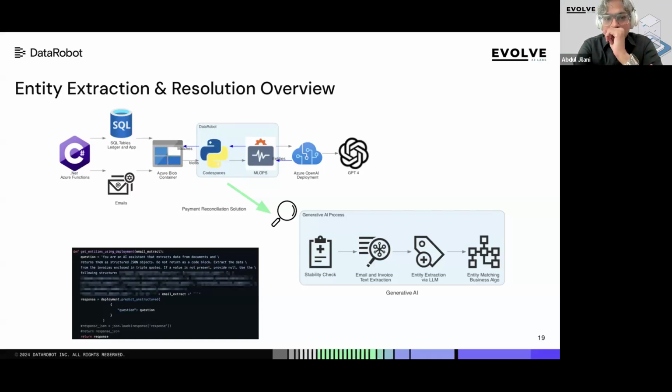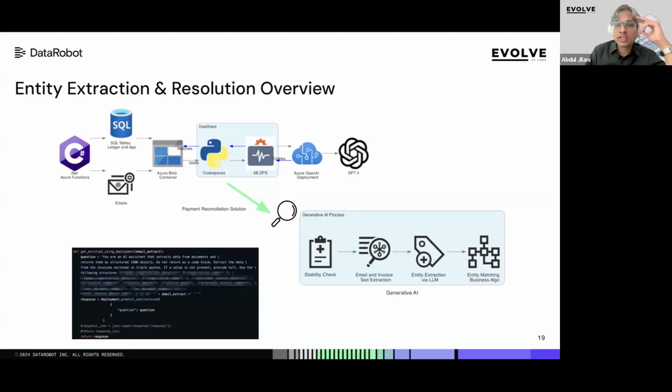So the emails are stored as JSON structure from Microsoft Outlook. So the Azure functions store them as JSON, and then we process the JSON for the email body, the sender, because sometimes the invoice information is embedded into the email itself and not a PDF. So we provide the complete context to the LLM. So we have OCR for the PDF, but we process JSON and create text that goes into the LLM.